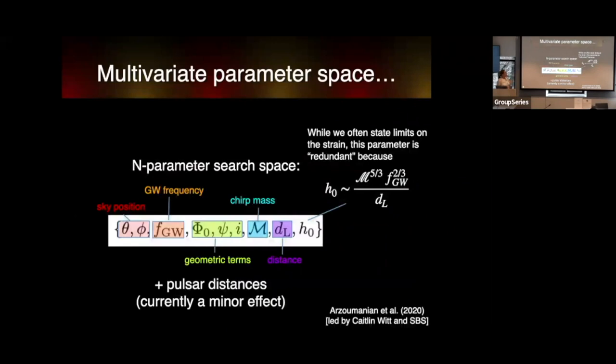I wanted to just walk through some of the work I've done in continuous wave detection, because what we've been trying to do is think about how we can actually be more sensitive to continuous waves and just explore that idea. So I'm showing here the multivariate parameter space that we try to search to detect continuous gravitational waves. And here we actually have a binary signal model. So we have our sky position, gravitational wave frequency,